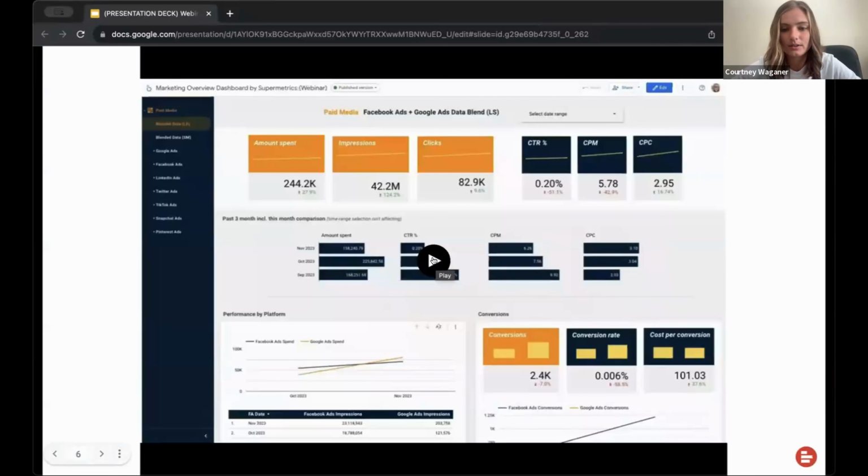So I'm going to show you all the steps of how to make a copy and then use it, customize it. Then we're going to, like Alex said, get into some of the data blending pieces and show you how to update it there as well. So first, we're going to